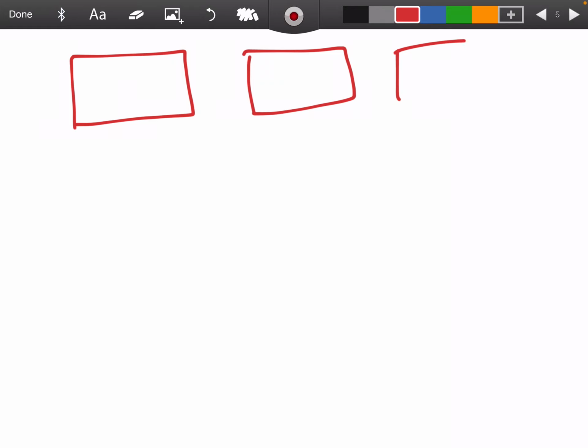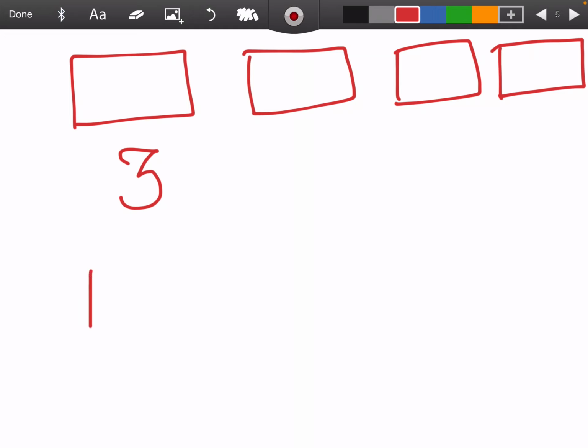Another example I can give is, let's assume there are 4 candy bars and there are 3 kids. So how do they divide? Each kid definitely will get one candy bar, right? Let's assume kid A takes this one, kid B takes this candy bar, and kid C takes this, so they get one whole candy bar to themselves. The fourth candy bar has to be divided into 3 equal pieces and each one will get one piece of it.